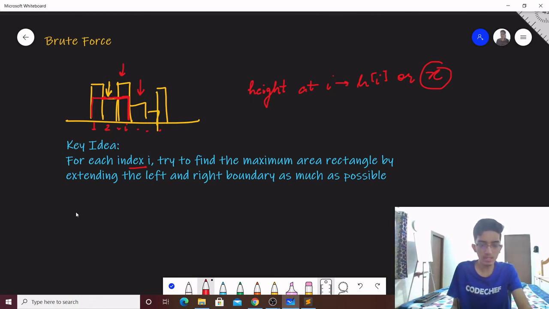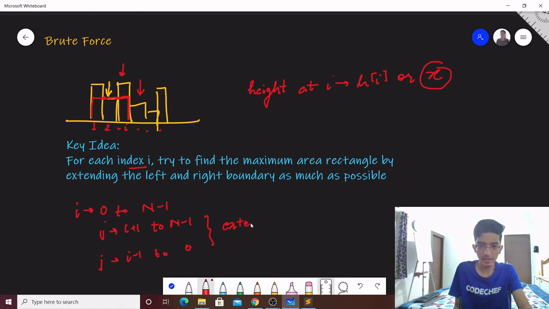That is, one outer loop will be from I from 0 to n minus 1. This will say that this is our current height, and next what we will do is we will run j from I plus 1 to n minus 1, and again from I minus 1 to 0, and in both of these cases we will try to extend j as much as possible.